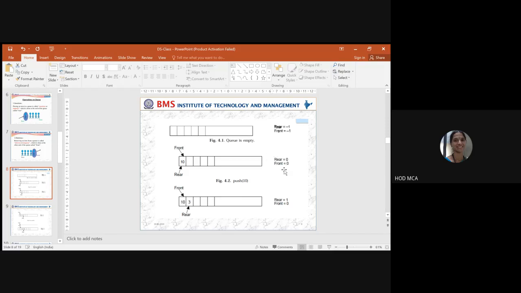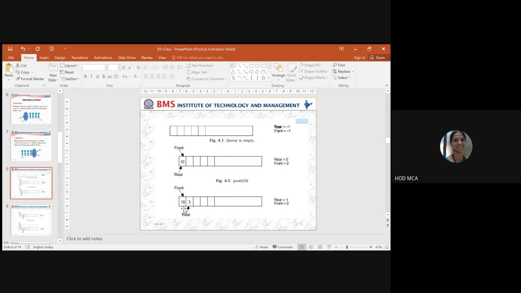So when I insert the first element in the queue, I have to increment both rear as well as front, because both are -1 initially. Both rear and front will then point at 0. After that, from the second element onwards, I will be incrementing only the rear as I insert. I am not going to touch the front.